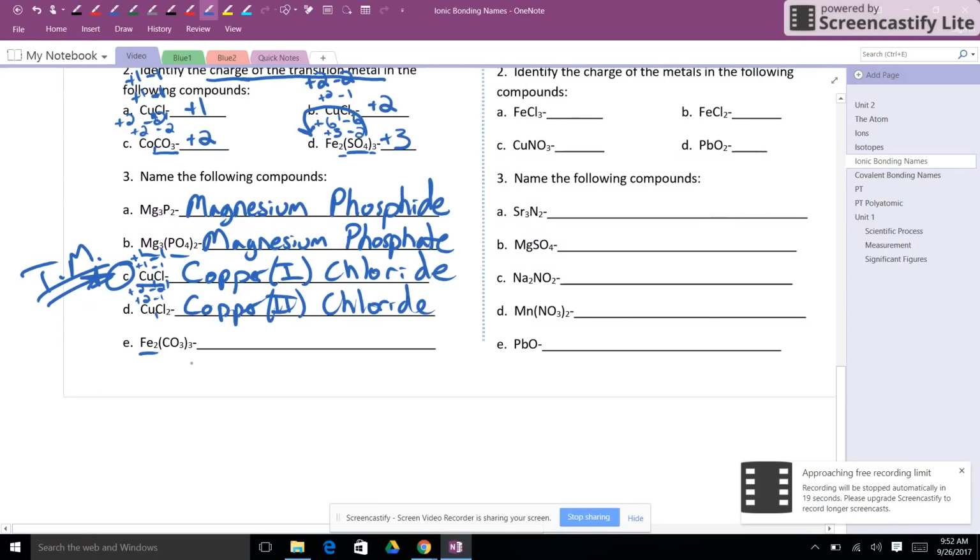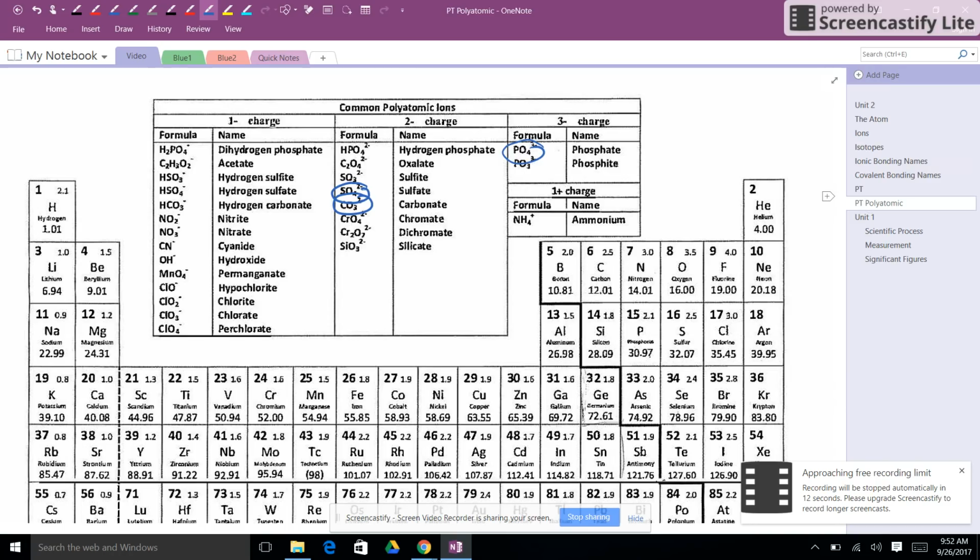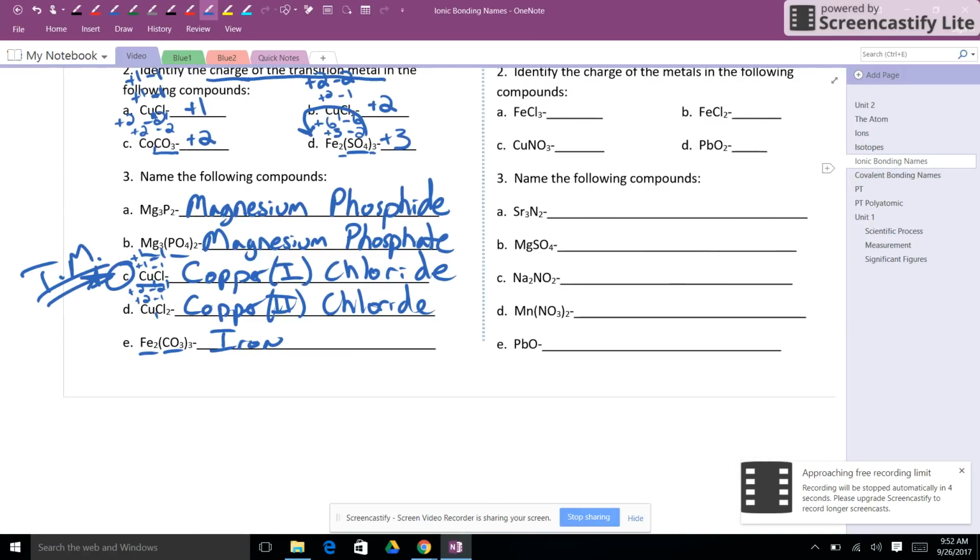This last example, it looks like we have a transition metal, so I'm going to go ahead and write iron. It looks like we have a polyatomic, so we look on our chart. Where is it? CO3, carbonate. So we're going to call it iron